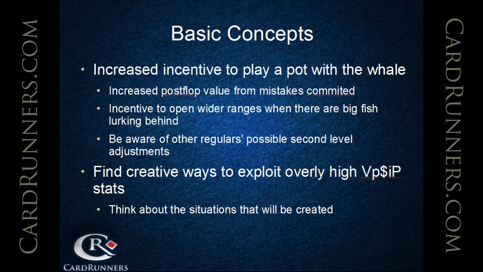So most of those are going to be obvious to a lot of people, but it's good to nail them in so that we can actually apply them. Knowing about something as a concept and being able to explain it is usually not enough; you need to have it ingrained in your thought process and be able to apply it on the fly when situations come up. So obviously there's an increased incentive to play a pot when there's someone incredibly stupid at the table. That's from his post-flop mistakes most of the time, and the fact that he plays ranges which are too wide